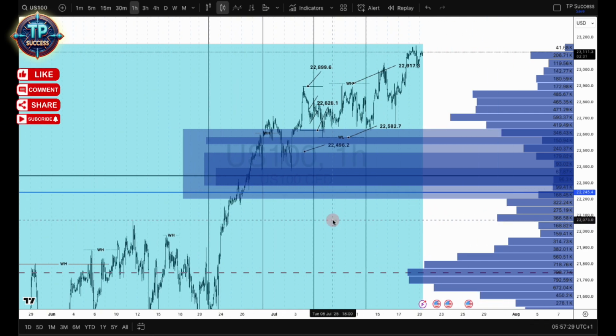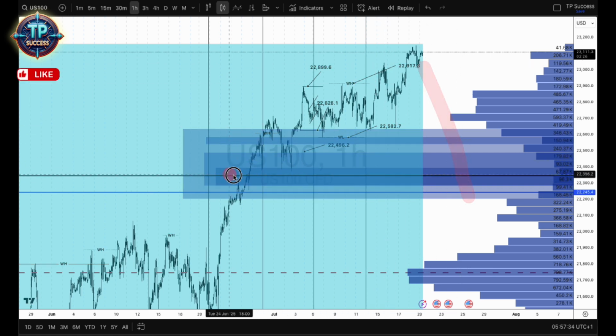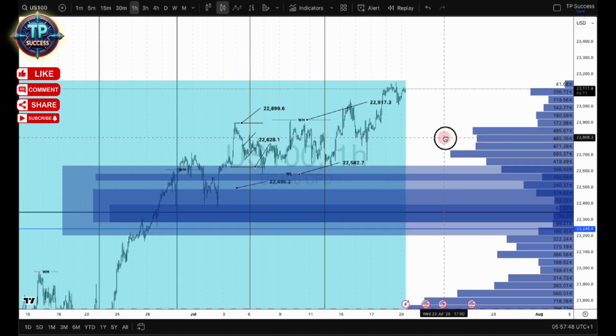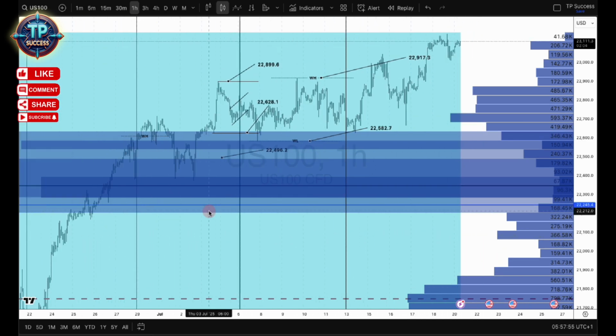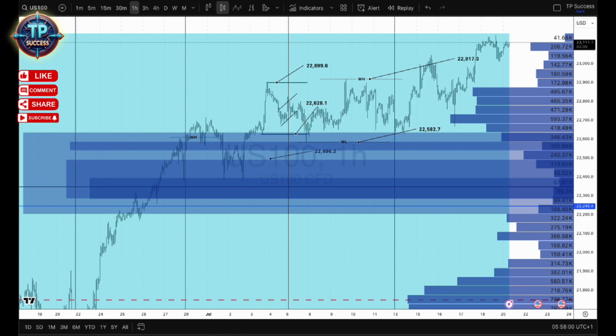It hasn't done that. So I'm expecting price to come back down to this value area high right here. I'm expecting it to break down, and it hasn't done that. So that was one of the things I was not hoping for, but I was waiting for. With that said, I am going to put a trend line right underneath this level right here, because if price does decide to break down, I want an early warning signal for it. And not only that,